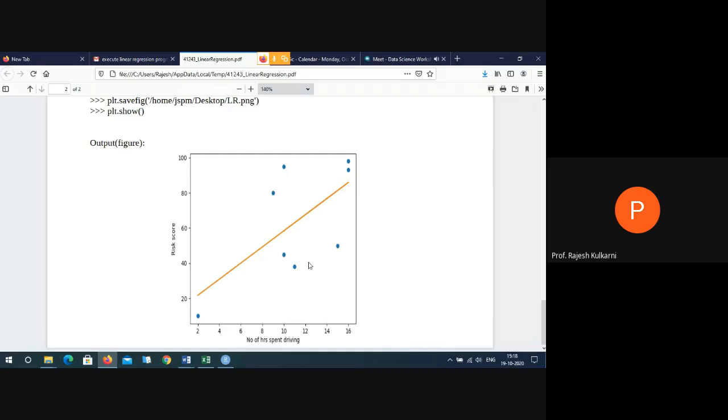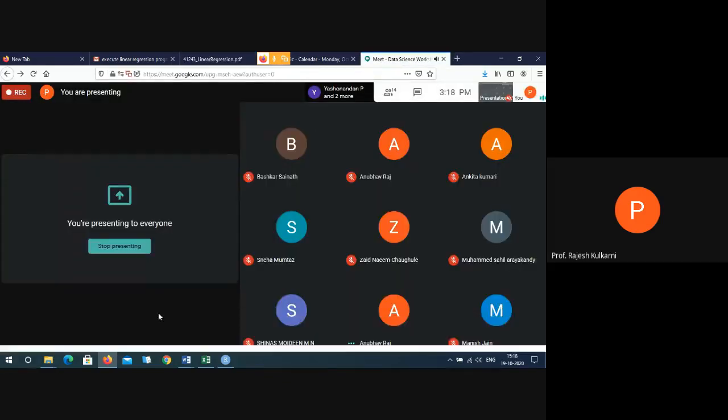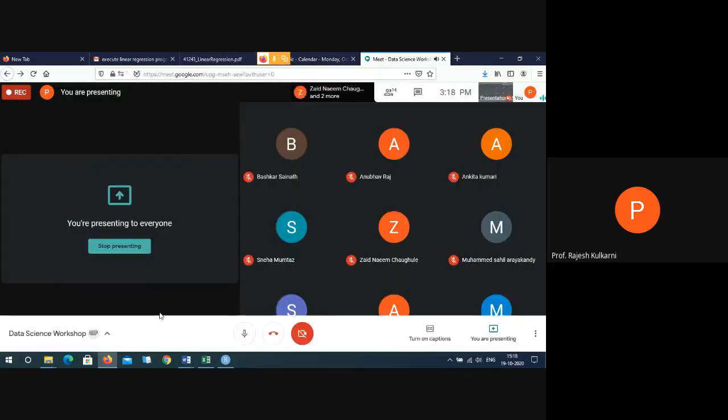So by any chance, Anubhav, are you ready with the program, or else we can do it later also? Sir, I'm ready with the program, but there is a problem. Some error is coming. Okay, some part is being executed. Sir, the program is correct, but it's not reading my data. Okay. So what we'll do is then at a later stage, I'll use my Ubuntu machine and I'll show you.